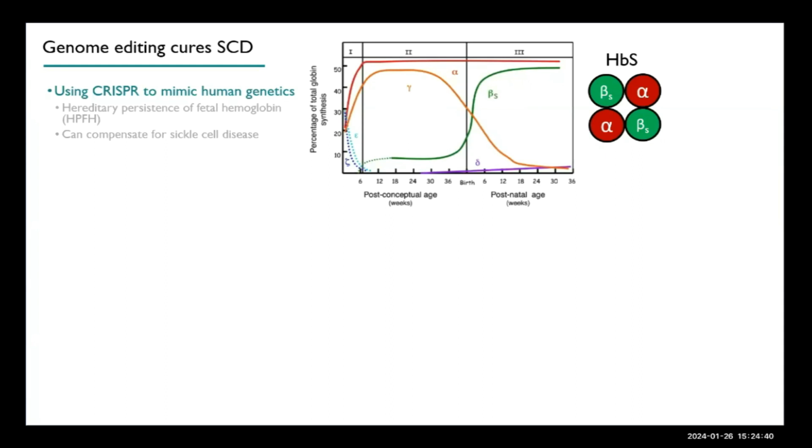I mentioned that most diseases are caused by broken genes, and so there aren't a lot of examples where you can break more things and correct a disorder, but sickle cell disease is one such disease. It mimics naturally occurring mutations that lead to hereditary persistence of fetal hemoglobin. Sickle cell disease doesn't present until the first year of life when beta globin, in the green line, turns on, and gamma globin, the fetal precursor to that that's responsible for forming hemoglobin tetramers to carry oxygen throughout the bloodstream,